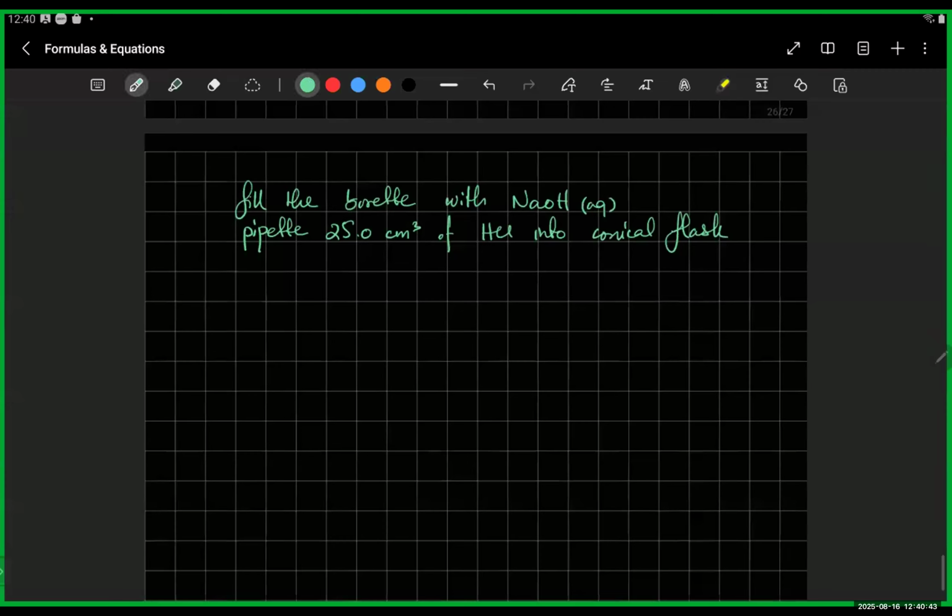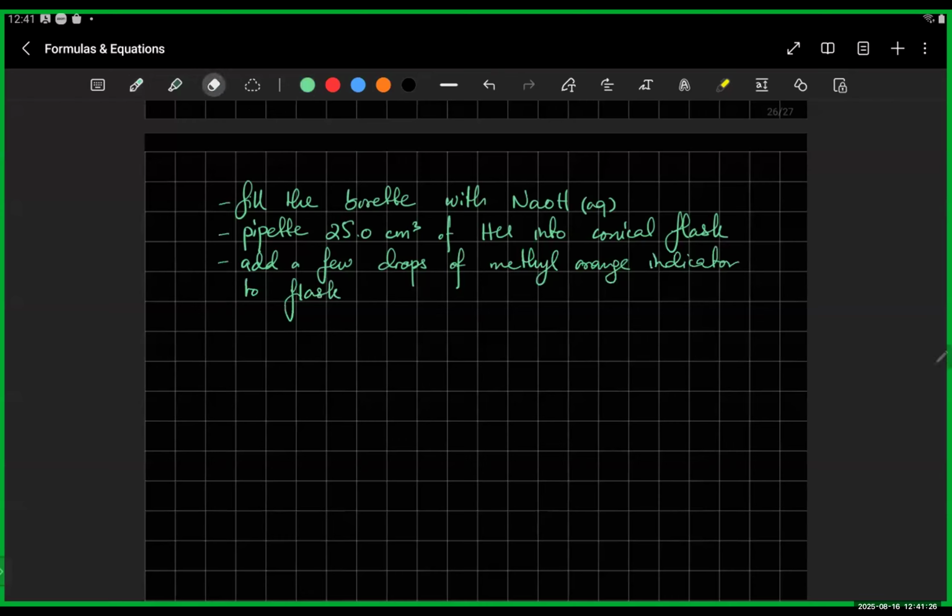As a second step, in the conical flask, you will add a few drops. So add, and it's your choice whatever indicator you're going to add. So add a few drops of, let's say, methyl orange indicator. So in the actual answer, it is sufficient if you only write indicator, that's it. Because there are so many points that it's hard to fit the answer. So यहाँ पे you can just write